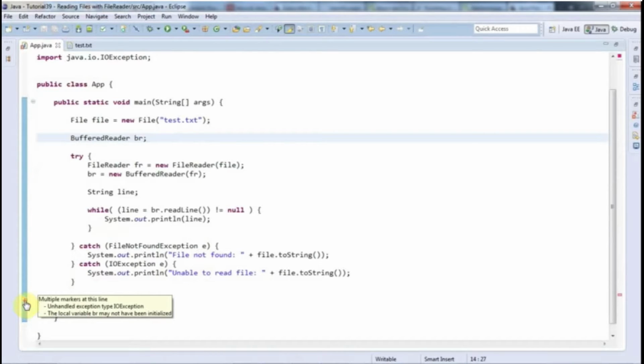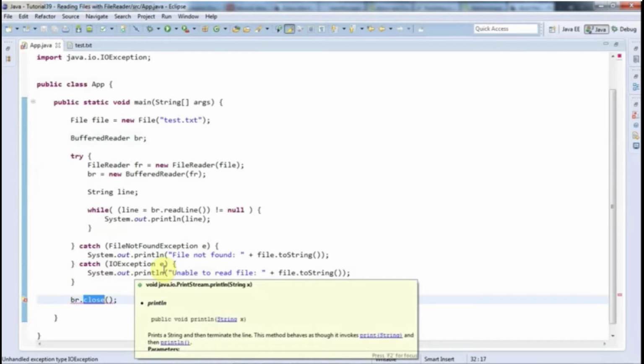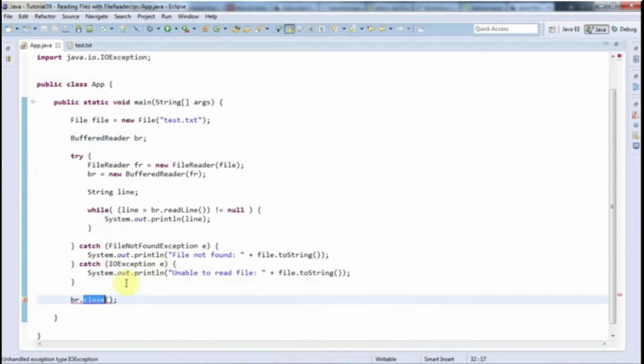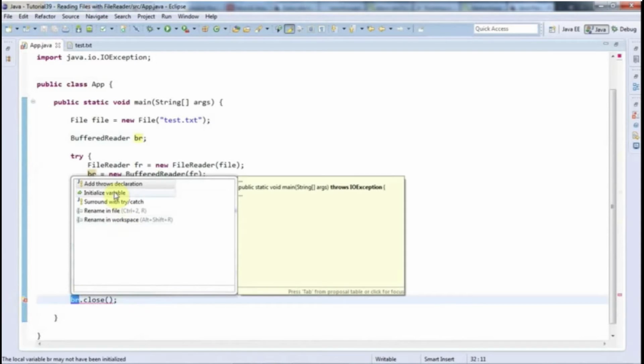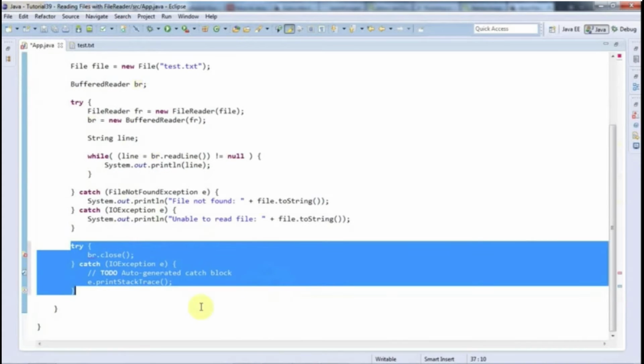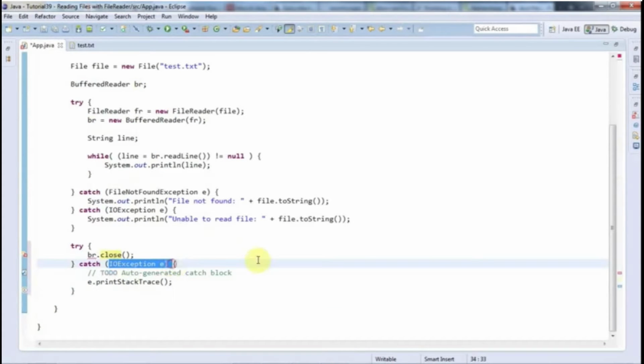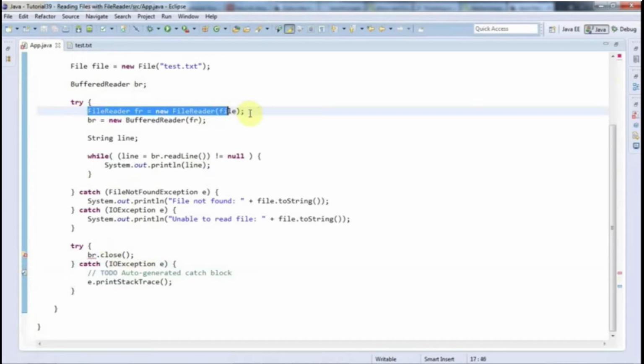If we look at this, it says unhandled exception, type IOException, because close can bizarrely fail, and in that case it will throw an IOException. So let's click this, surround with try catch, and we're catching the IOException. Now there's still a problem. Let's have a look at that, and it's saying the local variable BR may not have been initialized. So if we throw an error here,